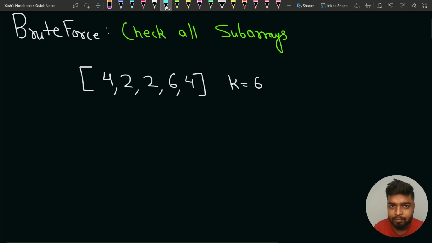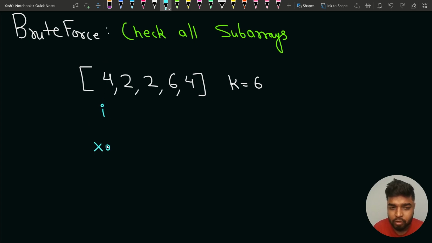Now after that, what will happen? Your I will come here, and then you'll explore this particular subarray, that is only 2, then 2 comma 2, then 2 comma 2 comma 6, then 2 comma 2 comma 6 comma 4. So we'll explore all these subarrays here. Correct. So the thing here is, basically, if I keep my I pointer here, so initially in my XOR, like